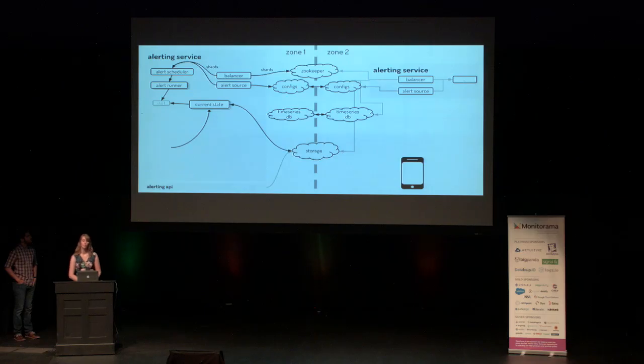So the first one is that we have a balancer that assigns alerts to logical shards and rebalances those shards when physical nodes go down, for instance, during a deploy or a zone failure. Each minute, the system checkpoints the most recent successful evaluation, and on startup, resumes evaluation from that point.